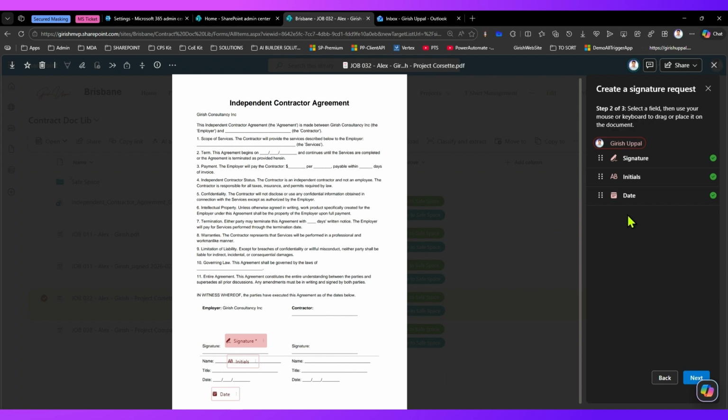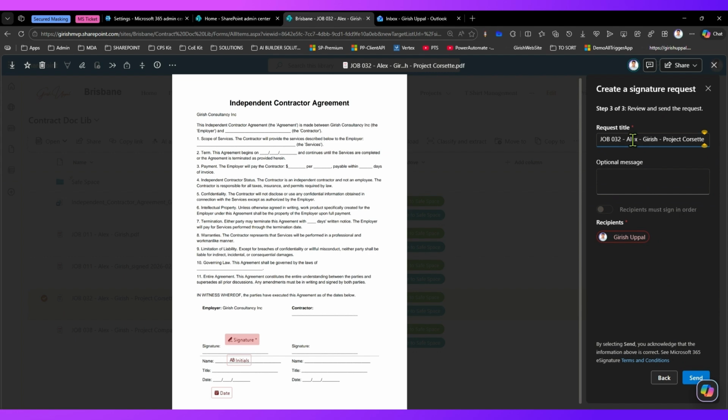Now if you had two people, then you would have done the same thing for, say, maybe Alex or Lee or whoever, and then you assign it over here. In this example, I'm just showing you a simple way through which you can do this action. So click on next, and now here you can specify what this is all about. This is about the project Corset signature workflow. You can type in whatever you want, and then if you want to put some messages, you can just say